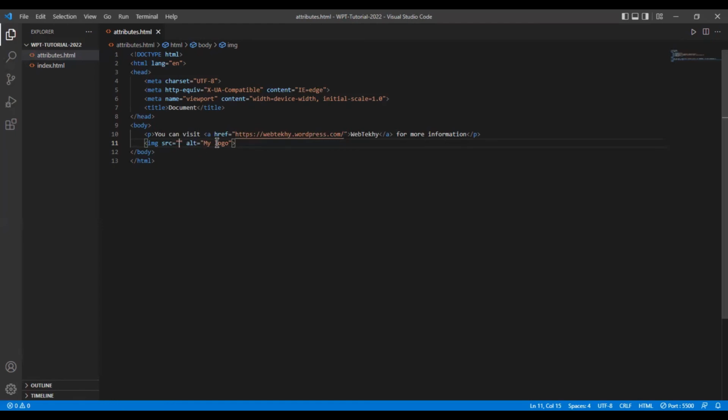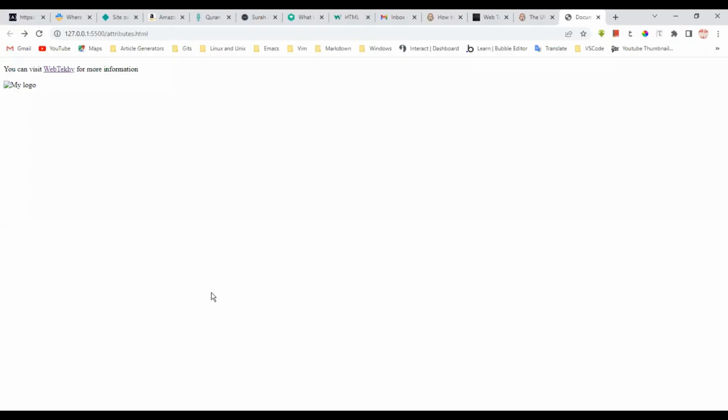If I just save this and view it in my browser, since I'm using live server, it is going to automatically refresh itself as I'm saving. And I can see we have my logo. This my logo is the alternate text, because the image is not specified. But if I should specify the image,